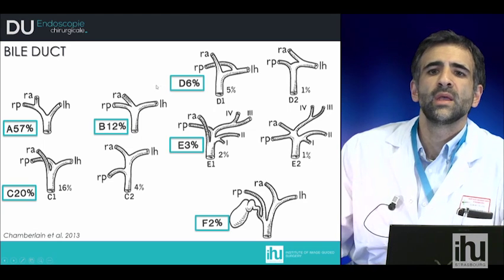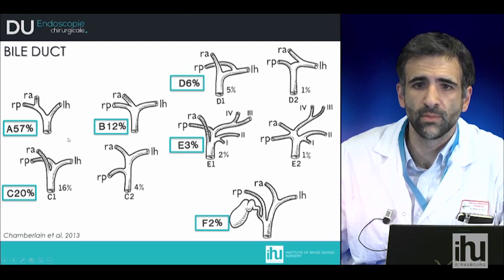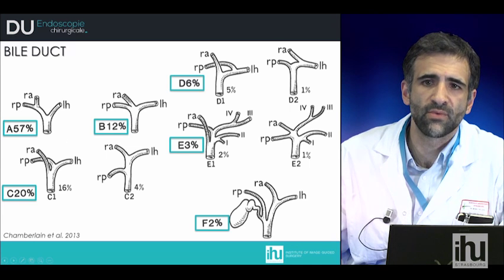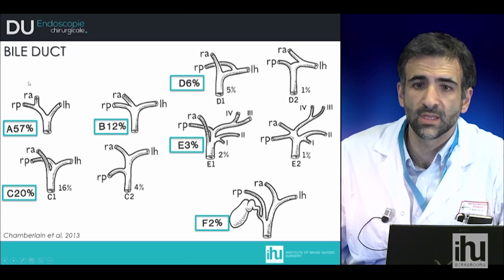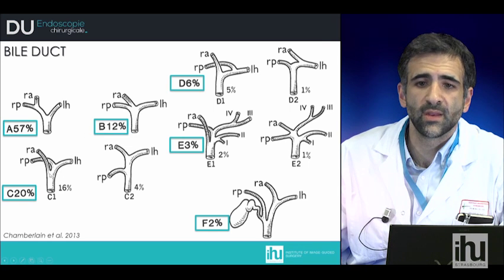The bile duct too follows the classical division in the hepatic hilum, and we can have the classical situation with the left hepatic duct, right anterior hepatic duct, and right posterior hepatic duct in 57% of cases. All other variations are present. The most important one is the one that we usually find in about 20% of cases, in which the anterior